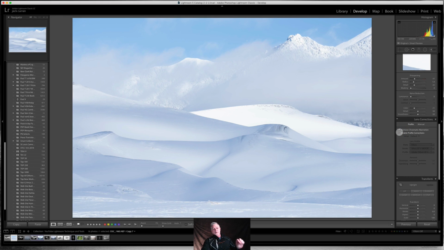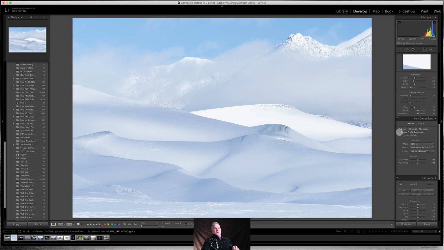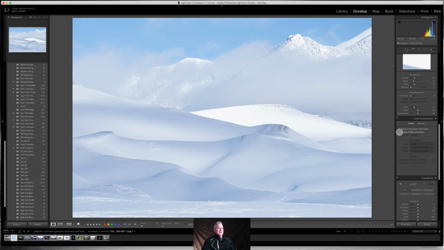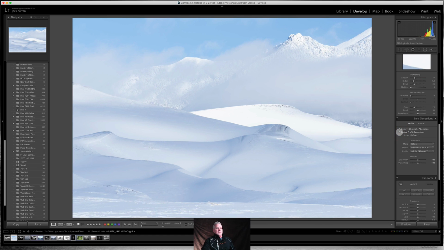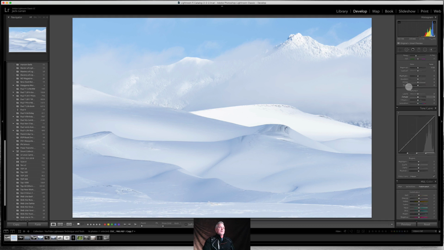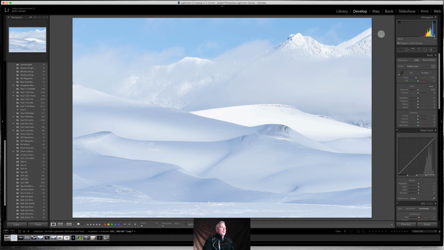The other thing that I'll do, and you really can't see it, but you can see the middle of this image kind of popping out, and that has a lot to do with the elements in the lens and the profiles for the lens, and Lightroom has a set of corrections for that. So I'll usually take a look at that. If I like it, I'll go ahead and change that, and then you can also go down and see your specific information. So if we go back up here and look at the histogram on this one,